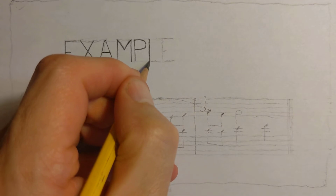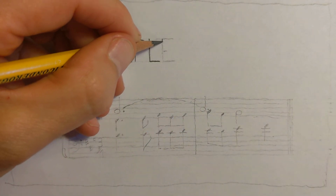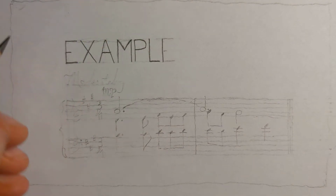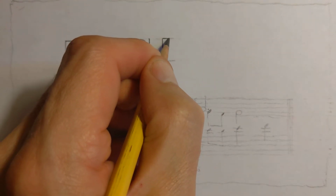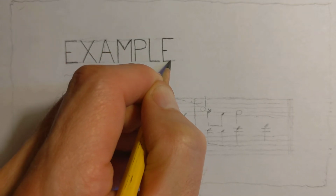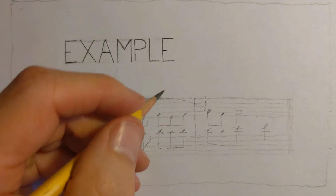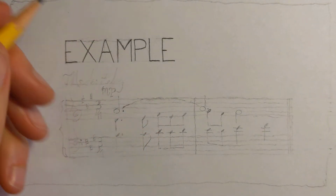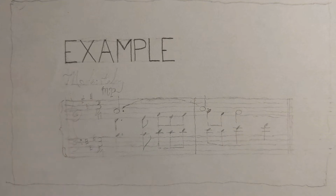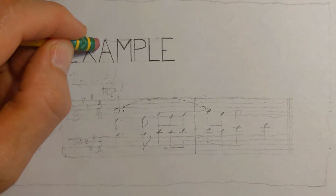And I do try to get my lines straight, and I've spent some time getting better at drawing straight lines. The thing about the human body is that it really isn't meant for drawing straight lines. Everything wants to do curves. You put your elbow down, that's a curve. You put your wrist down, that's a curve. Curves everywhere, and all of a sudden we're obsessed with straight lines all the time, and